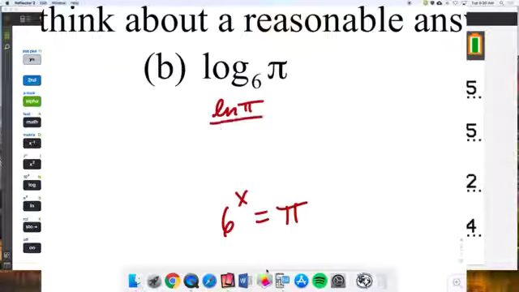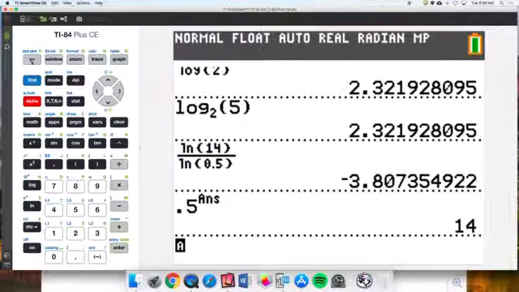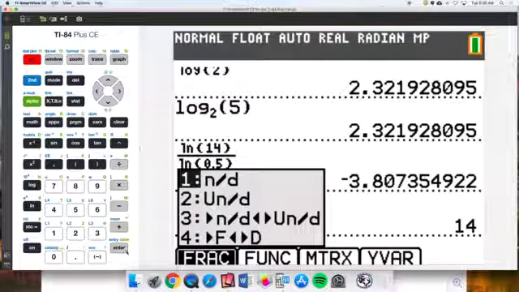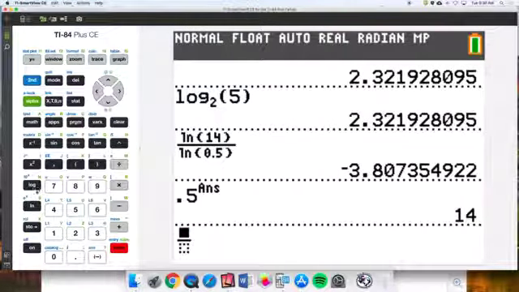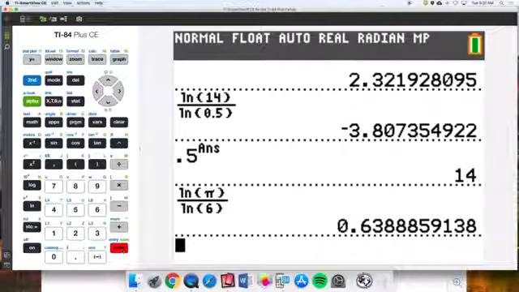It's the natural log of pi over the natural log of 6. You don't need parentheses around those when you write it down on your paper. The calculator just automatically puts them. So alpha y equals the natural log of pi. And again, when you're using the pi, use the pi button, which is second caret. It has more values stored. And then the natural log of 6. Yeah, there it is,